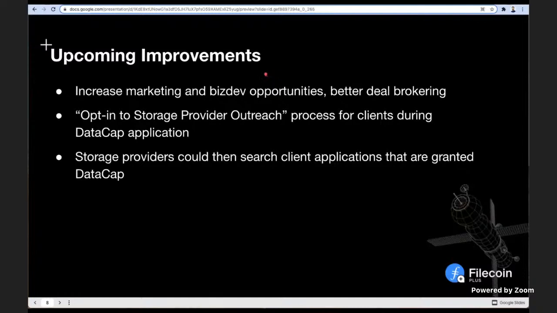But we know that we can do some more to help. So we're working on some upcoming improvements because it is important to us to help increase your marketing and biz dev opportunities. So we want better deal brokering for our verified clients and our storage providers. So the next thing that we'll be working on implementing is a process for clients to opt in to that